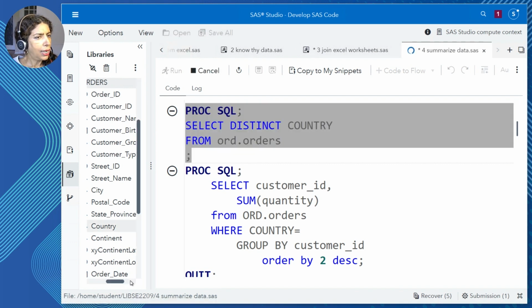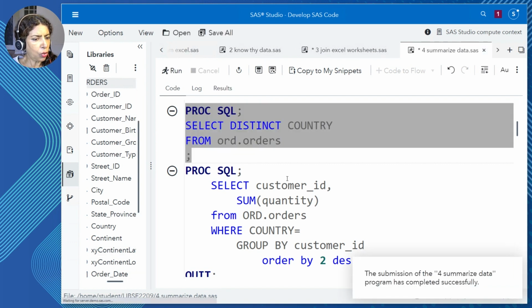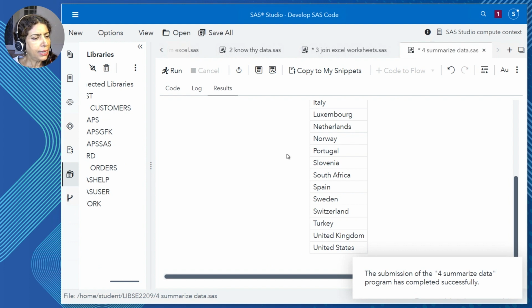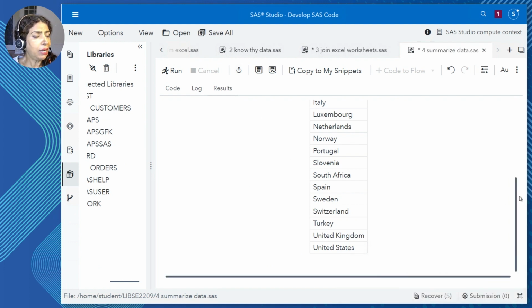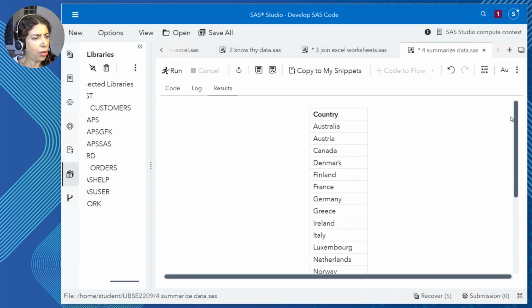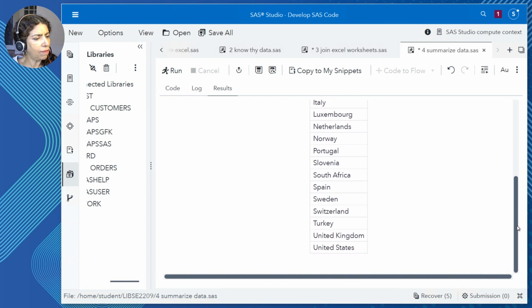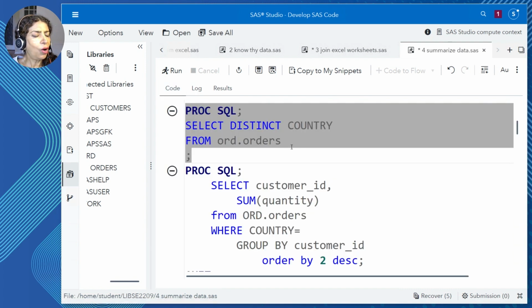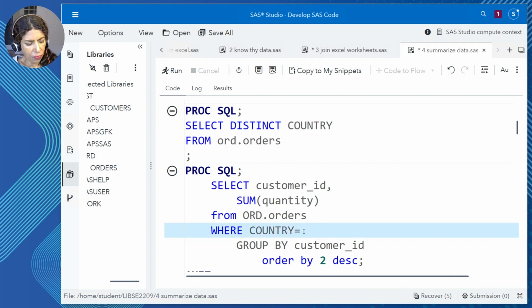And so what SAS does is something quite interesting. SQL goes in through the data and it makes two passes of the data when it sees a select distinct. The first time it goes through, it orders the data, and the second time it blows away duplicates. So I'm not going to see duplicates, I'm just going to see unique values of country. There is Switzerland, there is the spelling of Switzerland. I'm going to copy that over. And the whole purpose of select distinct was to get an idea of the way Switzerland is spelled.